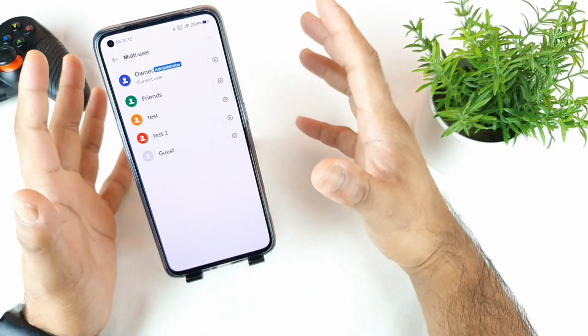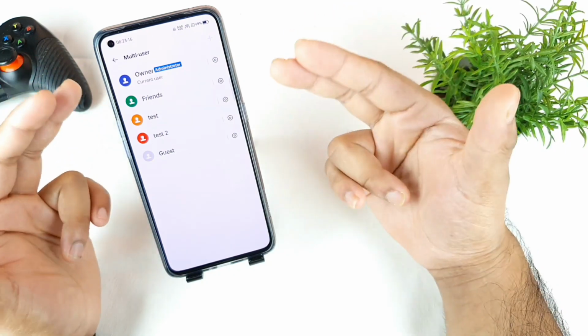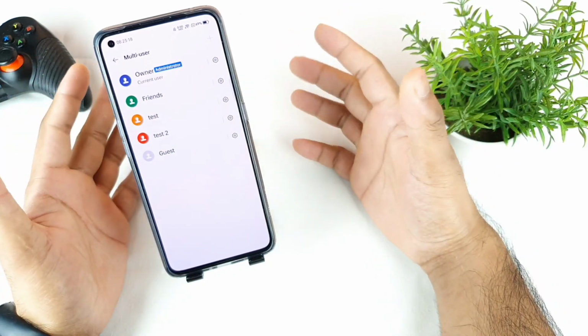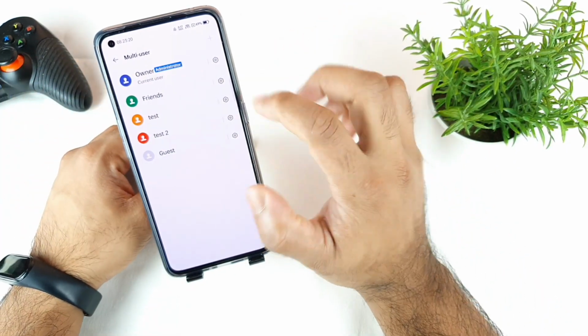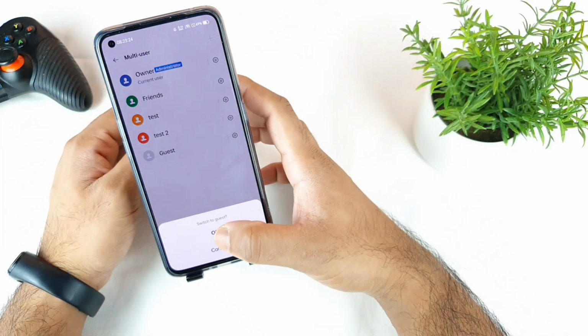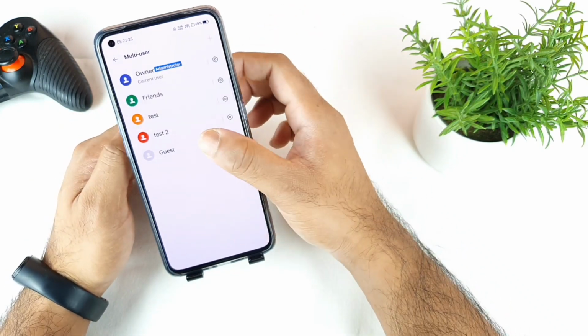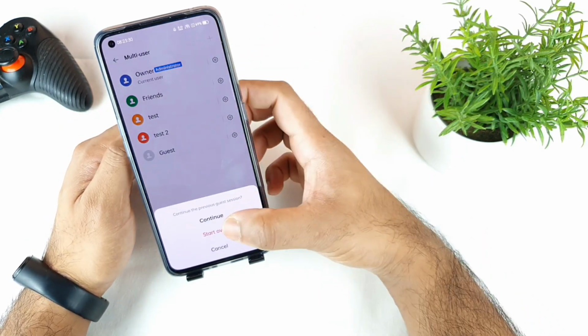As you can see, friends, it's like using two different user logins on a laptop or Windows. The same way you can use it on these phones as well. So first let me try to go to this guest mode, which is also called home. So that is what I'm talking about, which I did allow to make calls as well. So let me try to go to the guest mode,